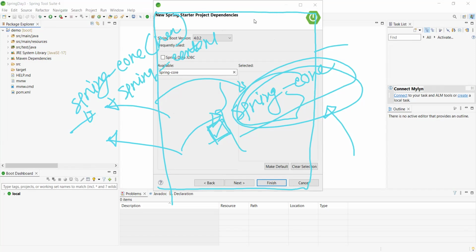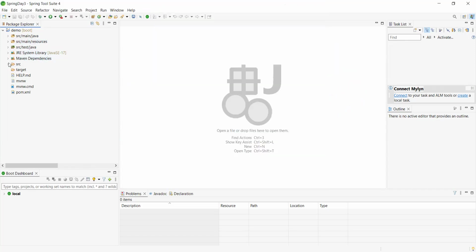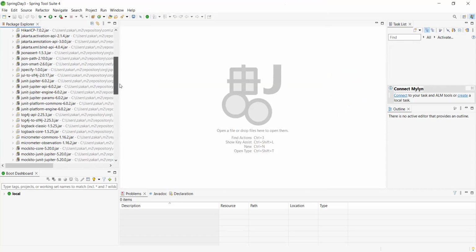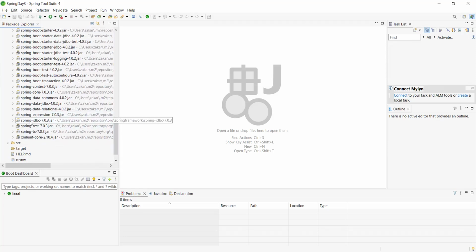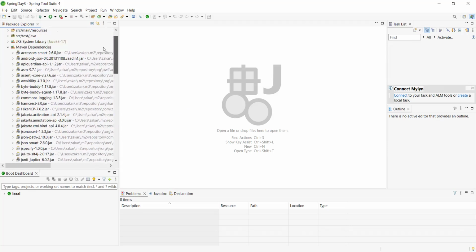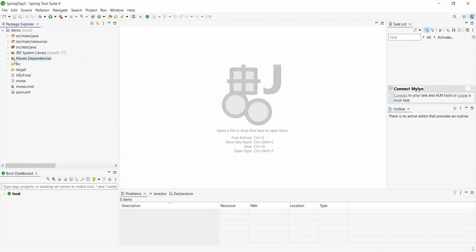Maven dependencies: if I go below, we'll find one module like Spring Core, one jar file, spring-core 7.0.3. Inside the Spring Core module, this jar file is available, right?